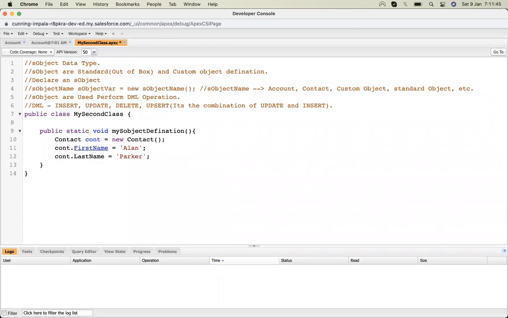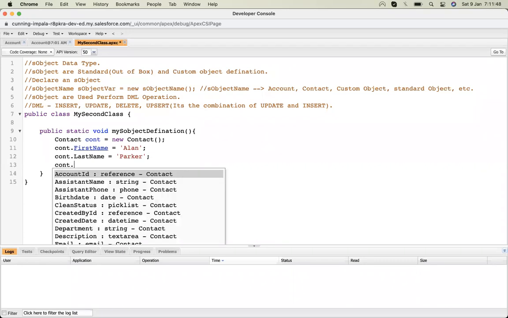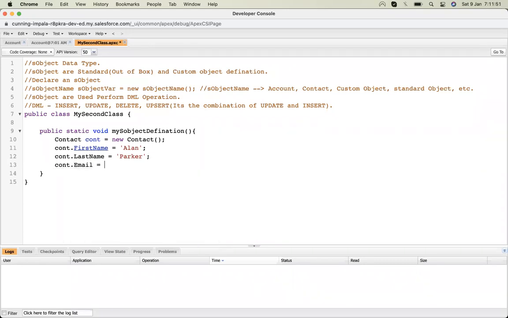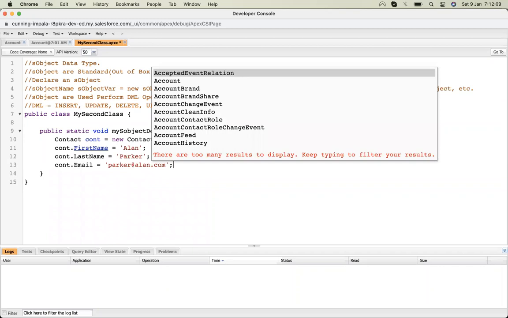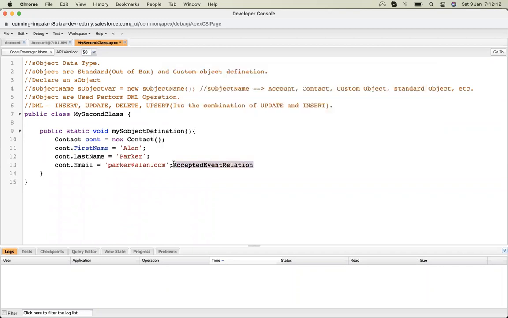I will put these two values, or I can also add email, and phone. Okay, I added these four field values.